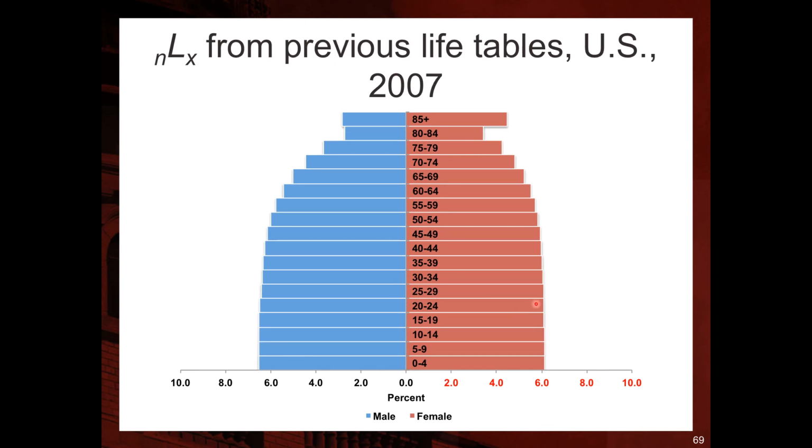So what we are saying is that if the age-specific mortality rate and the age-specific fertility rates do not change much in the US from 2007 to the future, this would be the age-sex structure in the US for the coming years. So you tend to have more people in older ages because they're surviving more, and you tend to have a